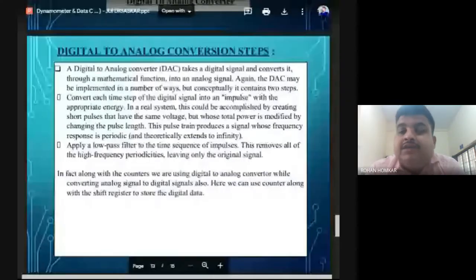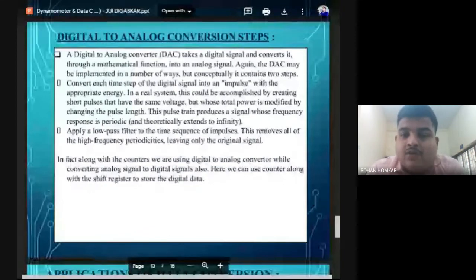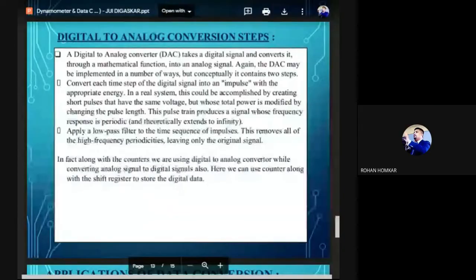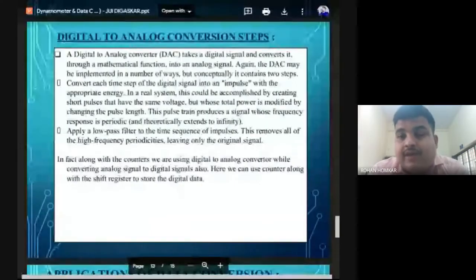So first of all, a digital to analog converter takes a digital signal and converts it into the analog. Now we need mathematical processes, mathematical functions are needed. Now how these functions are going to help, that we are going to see. Now in analog signal you can see is identifiable. So identify कि previous टाइप का था और जो अभी नया सिग्नल जो आ रहा है वो, और इसके दोनों के अकॉर्डिंग एक एवरेज लेके हमें conceptually it converts signal into the impulse with the appropriate energy.